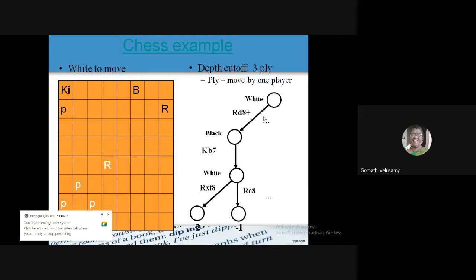Okay, so accordingly the game tree will have a decision towards winning for either the white player or the black player. This move was taken by the white player on the current position, followed by Kb7 taken by the black player. Like that you have various notations, and accordingly you can finalize who is the winner. So this is the way they calculate that terminal value by the evaluation function after 3 or 4 moves. That move may be taking some of the black coins or some of the white